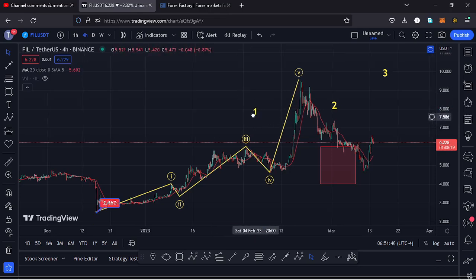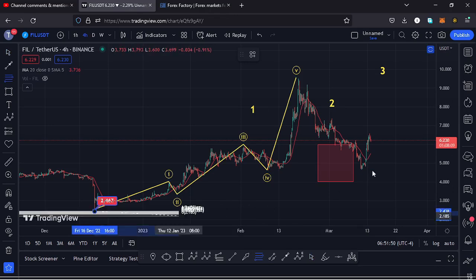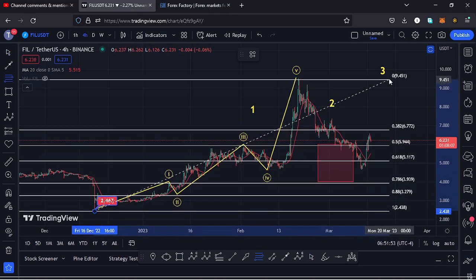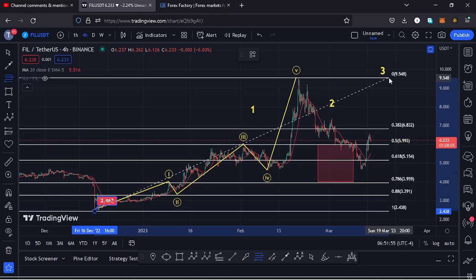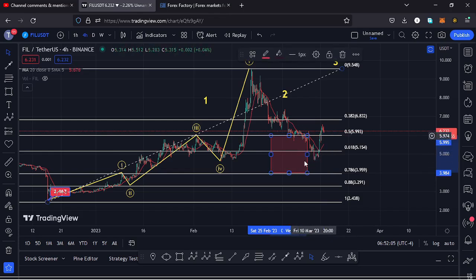And after seeing the formation of that larger Elliot wave count 1, whatever we expected next was a corrective structure in the formation of that larger Elliot wave count 2, and using the Fibonacci's, connecting them from the low of the first wave to the high of that wave 1, I was able to come up with a minimum retracement area in the formation of that wave 2 between the fib level 0.5 and the fib level 0.78, which is the target area that we have almost fully maximized. And after seeing our low in the formation of that higher Elliot wave count 2 at around the $4.691 mark,